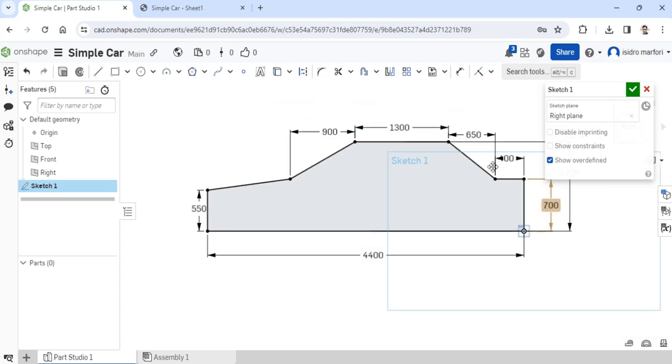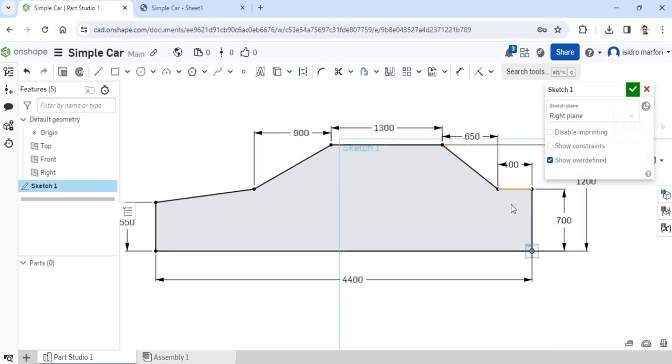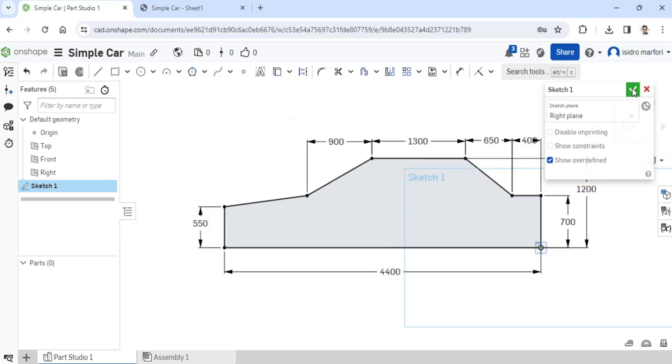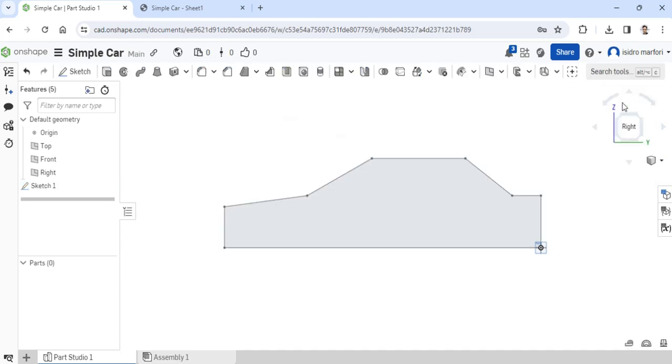So once the sketch is already in black, that means it is fully defined, and it's always a good idea to make your sketch like this. You could arrange the dimensions if you want, but it's not really necessary. Once you're done with that, you simply accept this sketch by tapping on the accept icon right here, just like that.